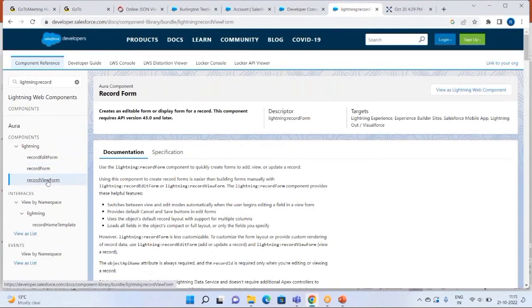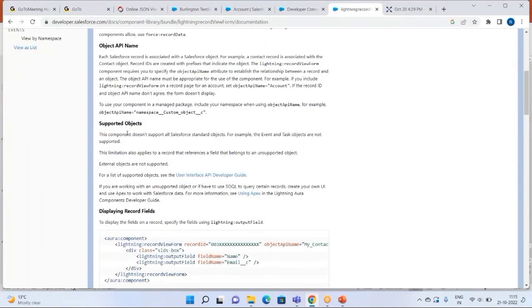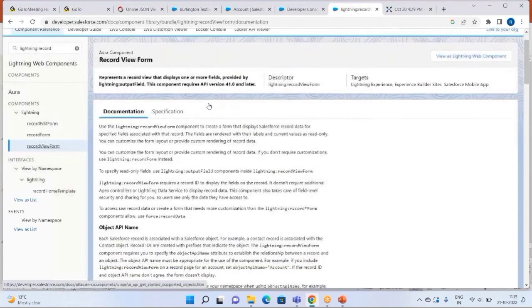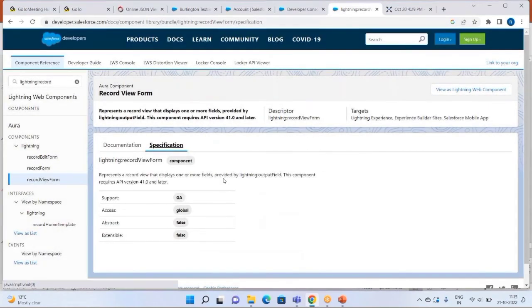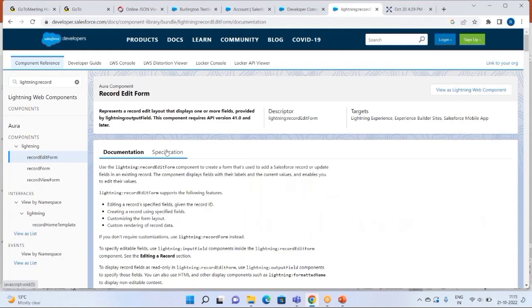Yeah, view form. It will accept the object API name, and the supported objects are given here. Go to the specification and you can check here. It has fewer attributes. It has two things only: object API name and record ID. So it will display all the fields of the record wherever you drag and drop it. Record edit form will accept more parameters as compared to this view form,